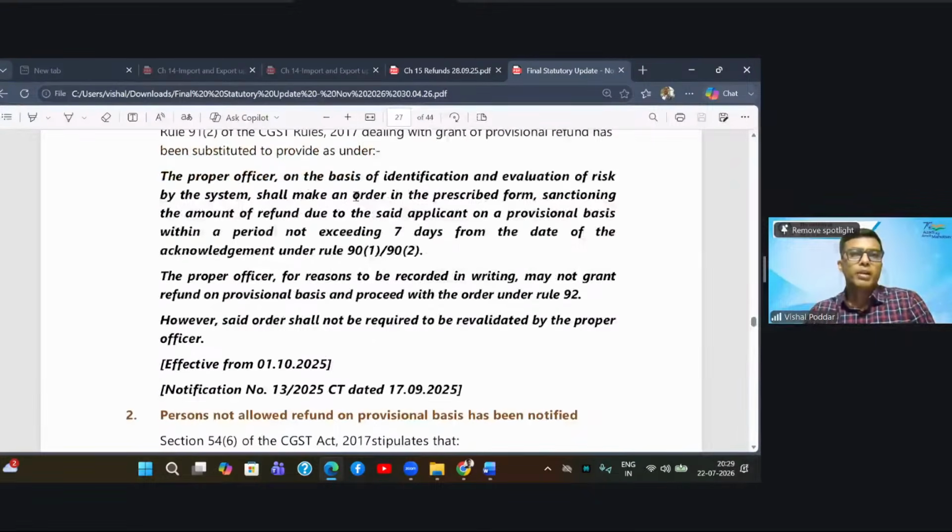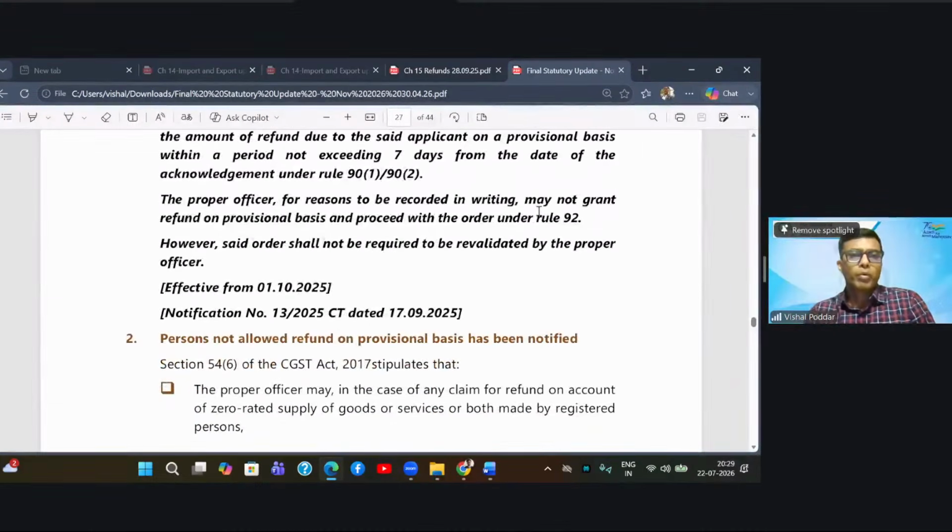What it says: the proper officer, on the basis of identification and evaluation authorized by the system, shall make an order in the prescribed form sanctioning the amount of refund due to the applicant on provisional basis within a period not exceeding 7 days from the date of acknowledgement. The proper officer, for reasons to be recorded in writing, may not grant the provisional refund, and in that case proceed with the order. However, said order shall not be required to be revalidated by the proper officer. So this has been made effective from 1st of October